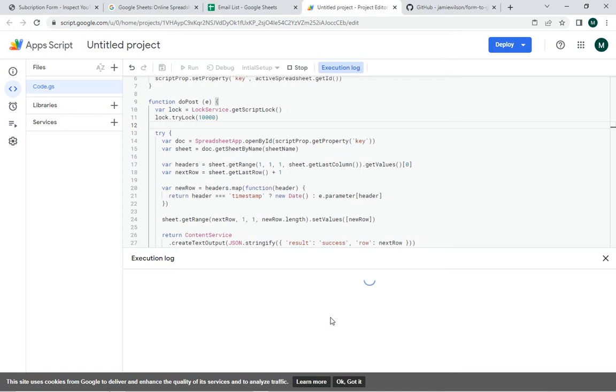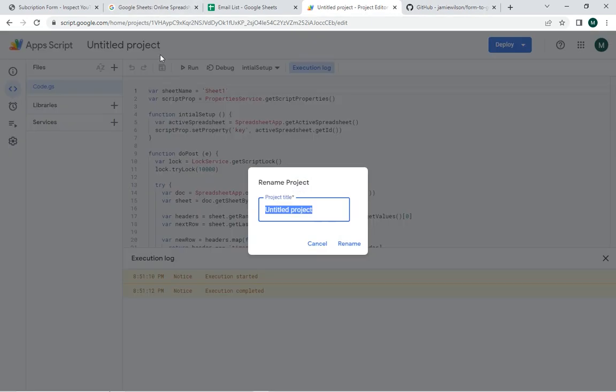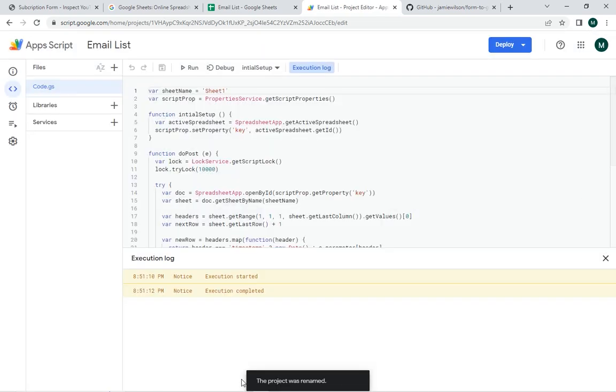So the authorization is successful, and after that now you can see this execution started message and execution is completed message. And after that rename this project. So the project name is, we have already added, email list. Email list. That's it. Rename it. You can see this project was renamed message, and after that